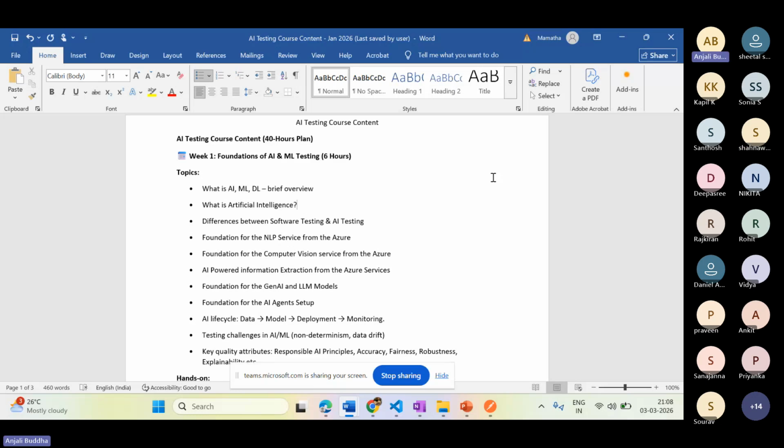We'll be using Python as the coding language when we are learning it. I'll be explaining first how the RAG architecture is important in testing, why exactly we'll be using this RAG, and also what the different validations are that we can do by using this RAG. We'll go through that in depth also.